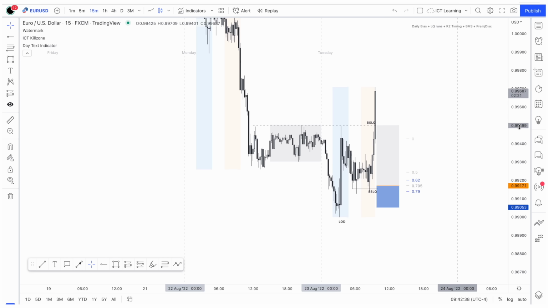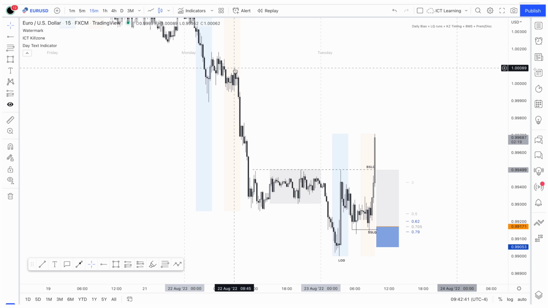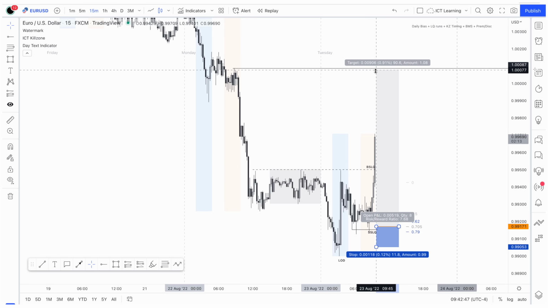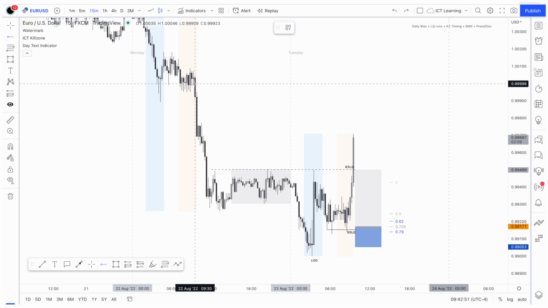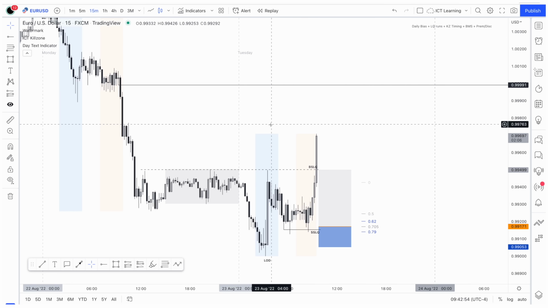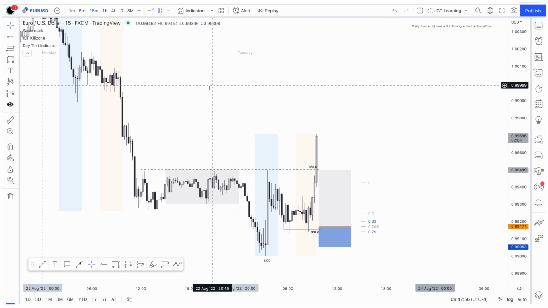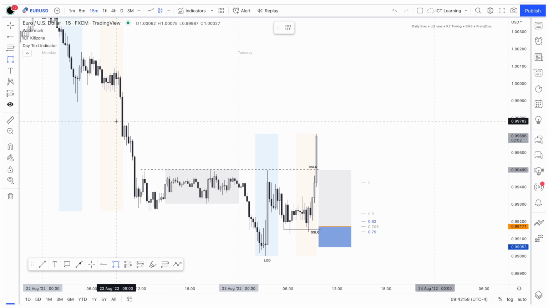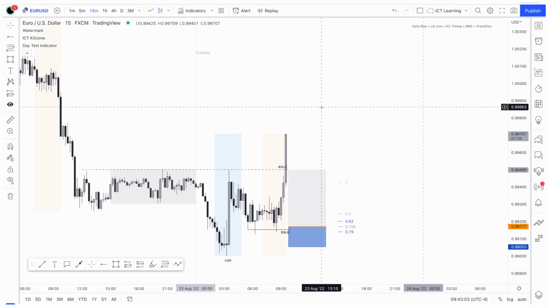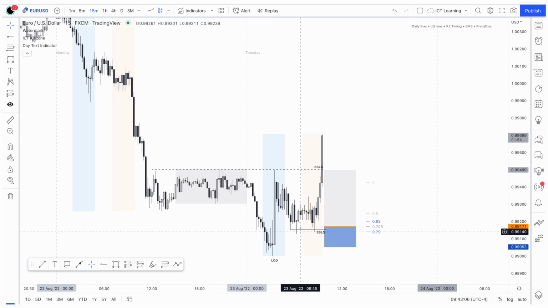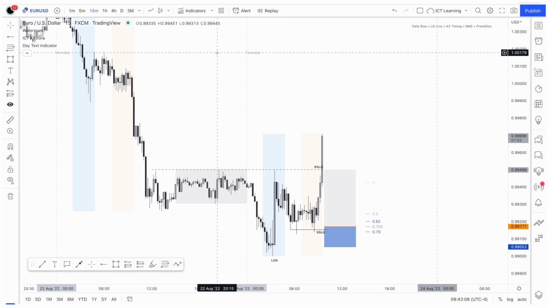We're on the 5 minute. If we just jump up, where could price head to next? If this continues, this will potentially be the next target. We've also got another bearish order block in this area here. So price has good reason to be drawn up to these areas. We've also got inefficiency to fill, so let's see what happens. But yeah, that's a bit of analysis live.